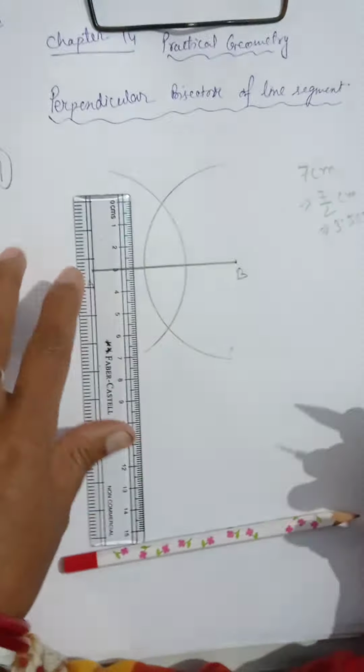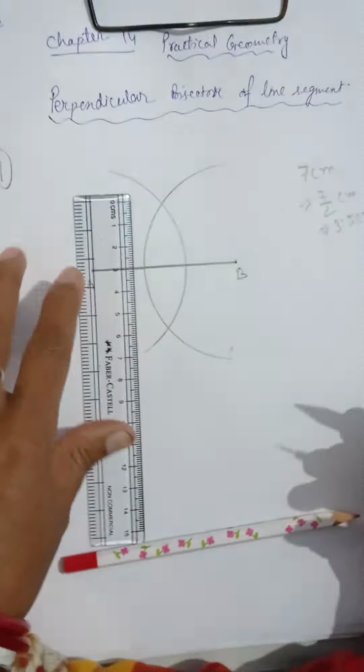Okay, let's come to the exercise. Here we are going to do question number 3 from exercise 14.5. Your question is, draw the perpendicular bisector of XY whose length is 10.3 centimeter. So in the first step, what we have to do? We have to draw that line segment whose length is 10.3 centimeter. So I am going to draw that line segment.